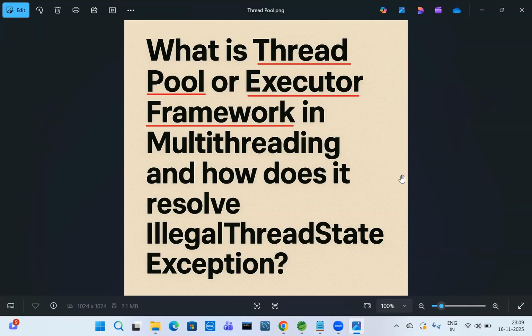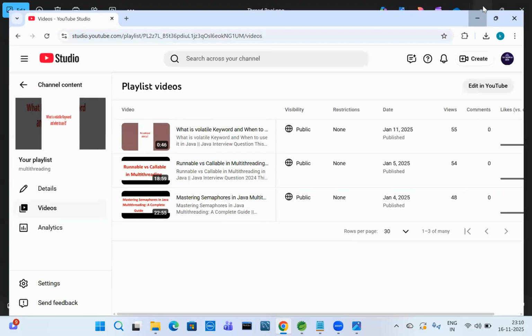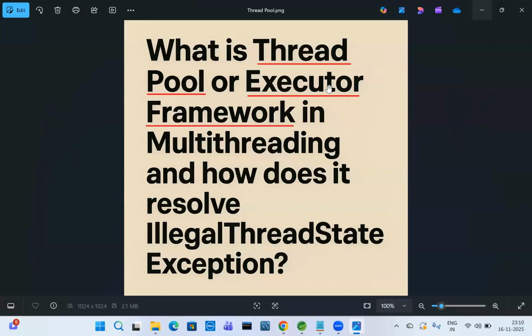This is Shankar. In this video, I will explain what is thread pool or executor framework in multi-threading and how it resolves illegal thread state exception. So in executor framework, thread pools are there. It is not a scratch video. It is a continuation video of the multi-threading playlist. I will record multiple videos on multi-threading. It is the fourth video. So in this video, the topic is what is thread pool or executor framework in multi-threading and how does it resolve